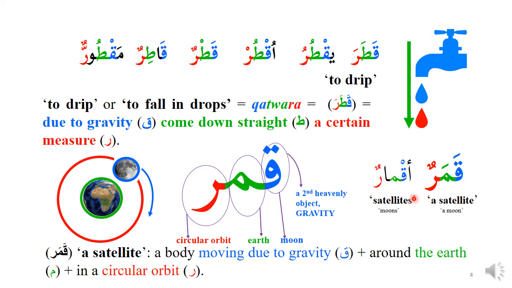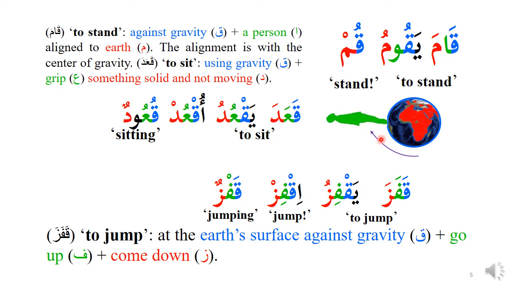This kind of plural, there are several kinds of plural in Arabic, and this kind of plural has a meaning that there are different types of satellites. Also, in addition to moons, it would mean moons or satellites, but in addition to that, it would indicate that there are different kinds of satellites also. Okay, so see,